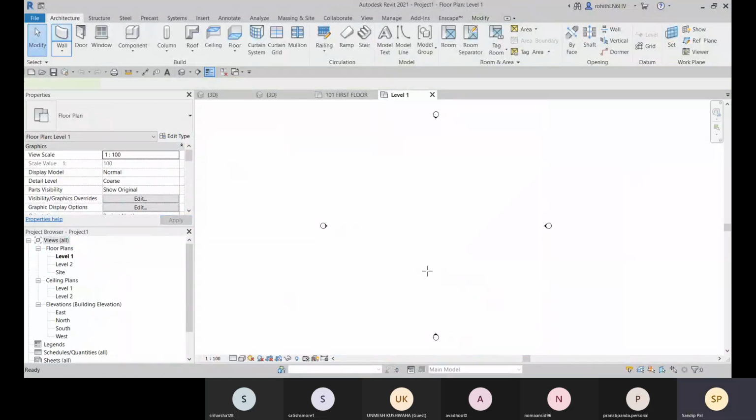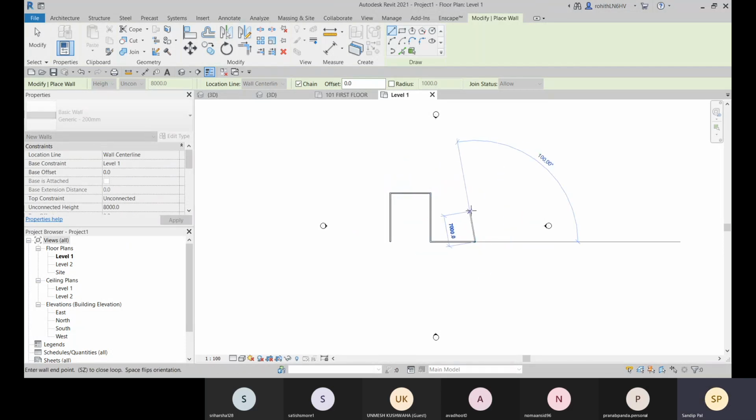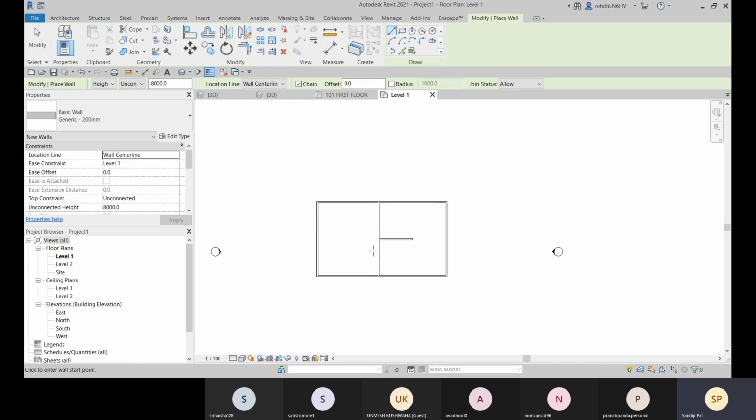And here at level 1, let me create some walls with this. All right, suppose I have this.